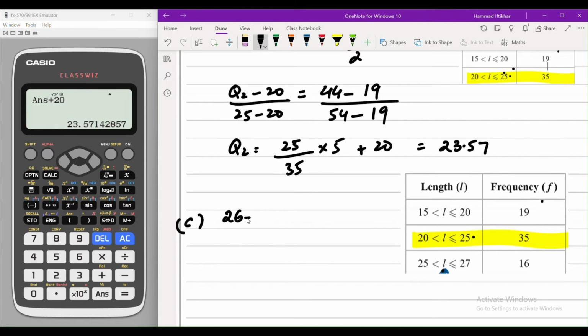So 26 minus 25 over 27 minus 25 equals, I need to know how much frequency comes into this. So we have 54 already. Let's call that alpha. So alpha minus 54 divided by